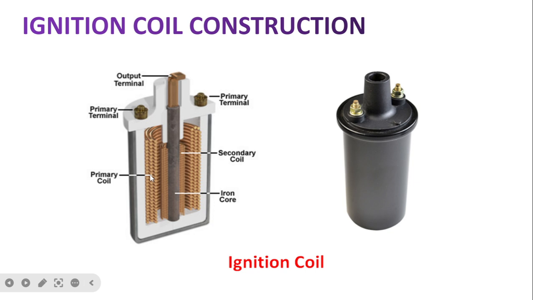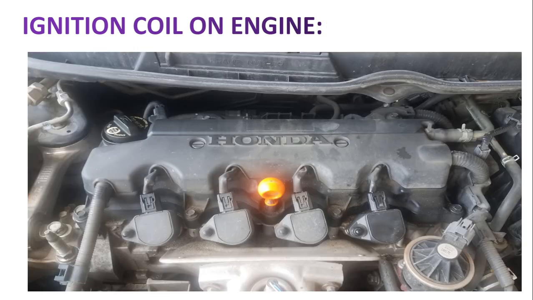And at that time the magnetic flux change happens here, and from this iron core to the output terminal, high voltage is created, forcing electrons, because they have used the capacitor there. And where is the capacitor? In the next slide I will show you where they have used the capacitor.